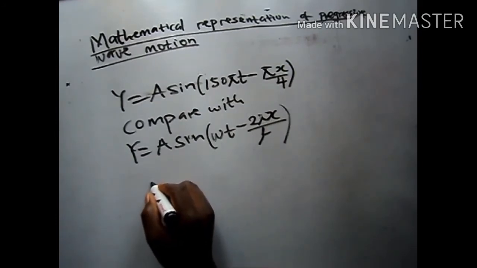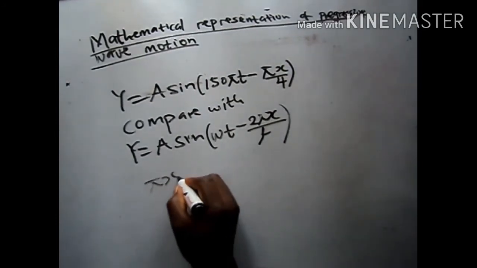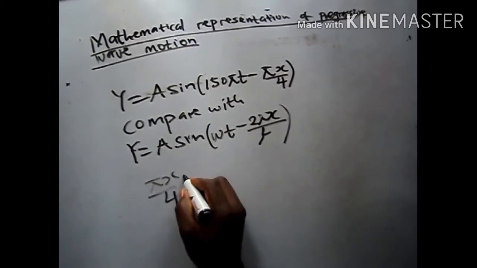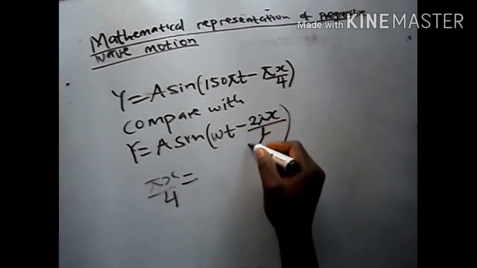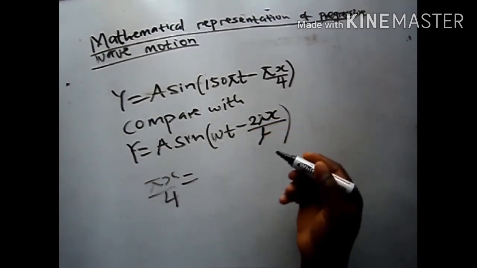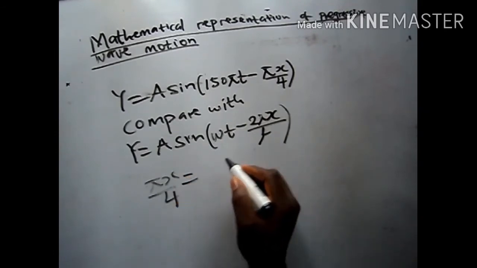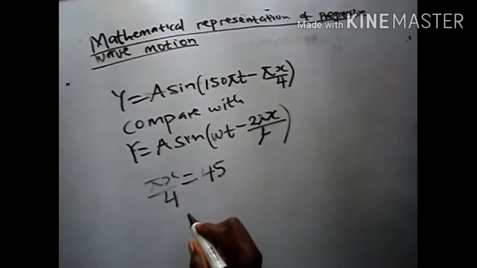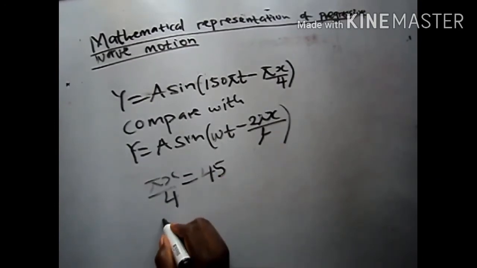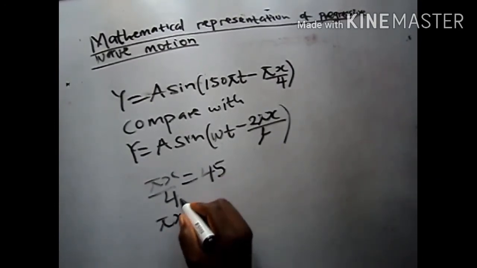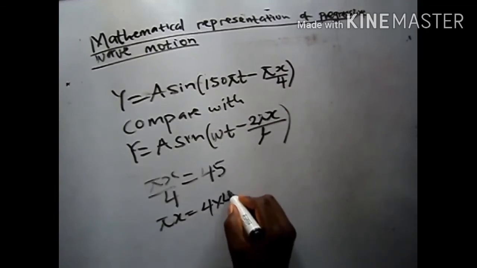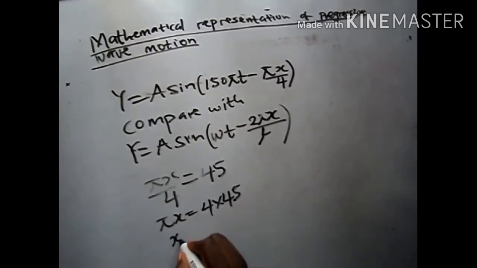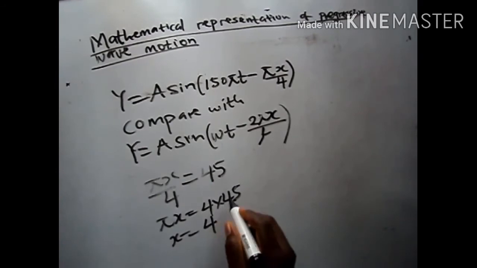So we'll have pi x over 4 equals the phase angle. I told you that this value is the phase angle, and we're given our phase angle as 45 degrees, so we'll add 45. Now what you do is pi x equals 4 multiplied by 45, and then your x will now be 45 times 180